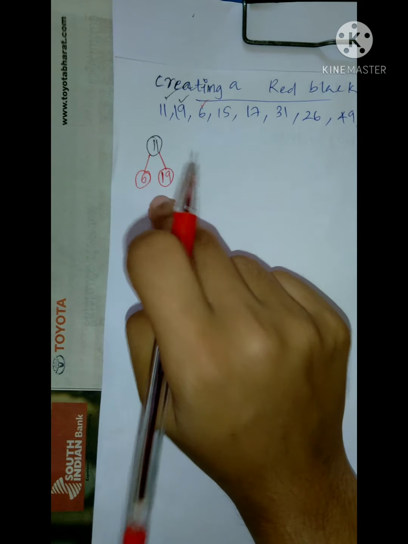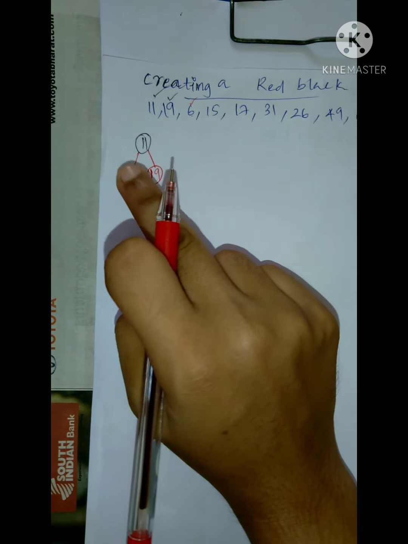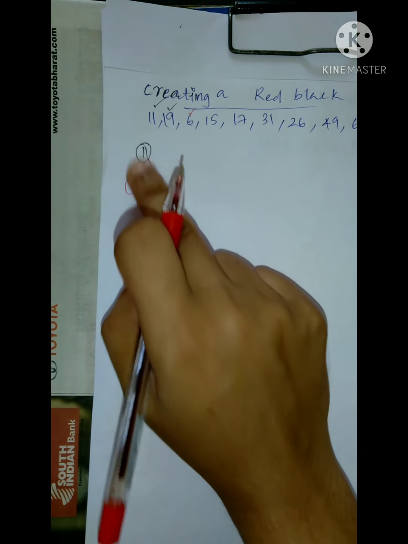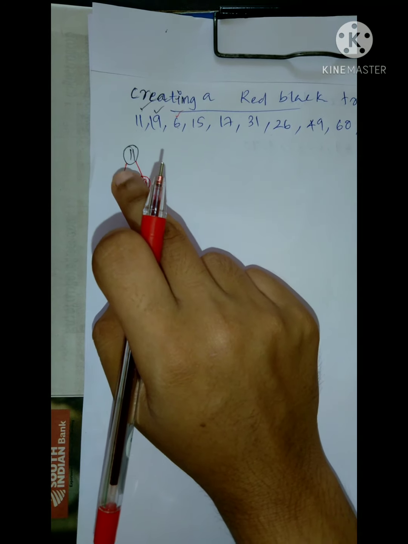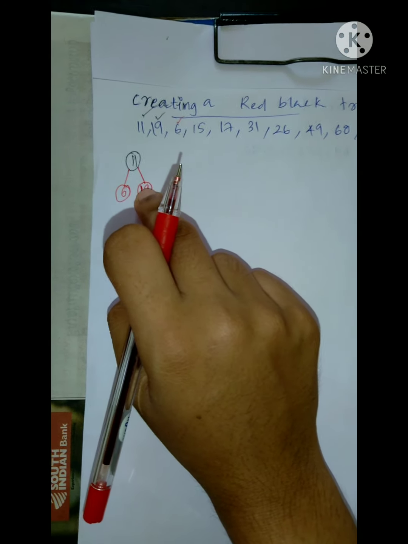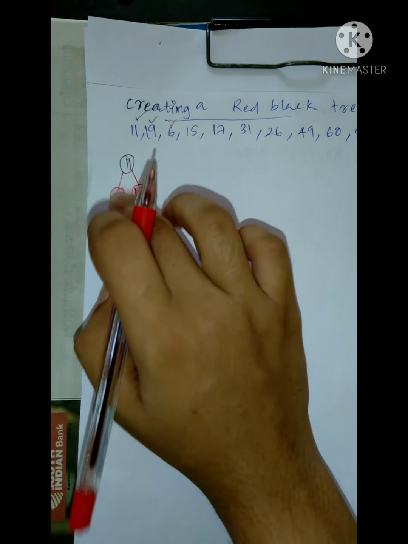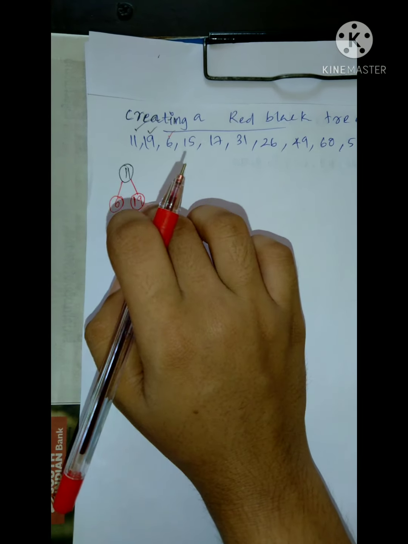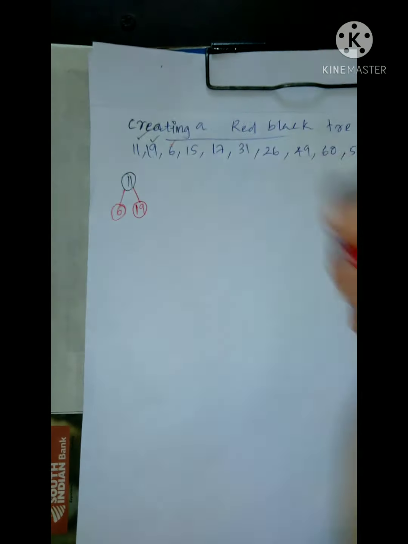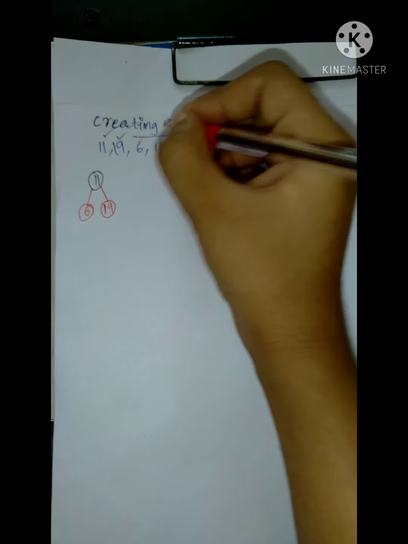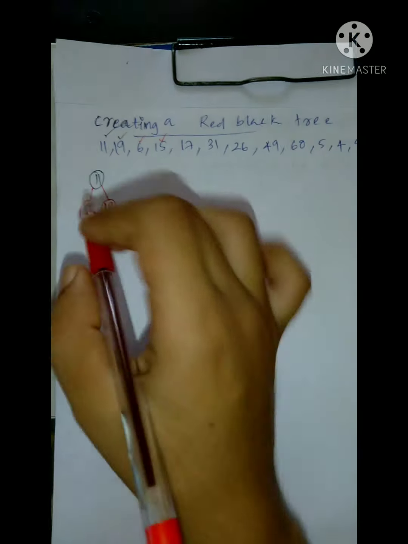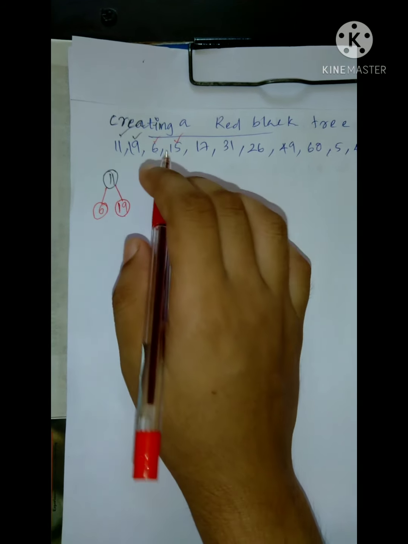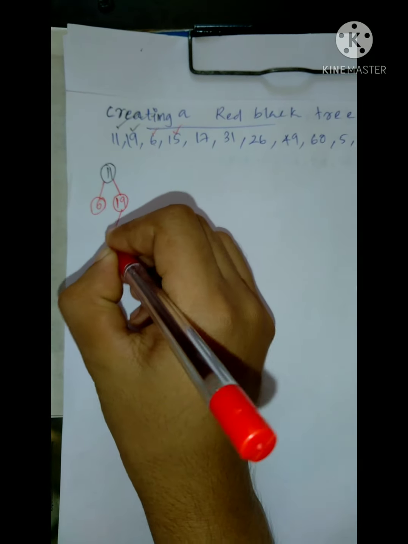When inserting an element into a tree, you should remember to check whether the tree is balanced or not, whether the tree is a red black tree or not. Okay, yes, it contains only black, so it is a red black tree and there are no adjacent red nodes. So we have inserted 6 also. The next element is 15. 15 will come at the right of 11 and left of 19, and that is a new node and its color will be red.